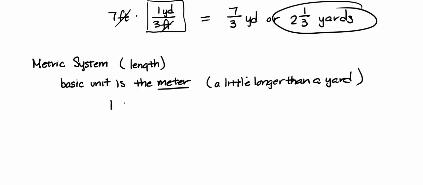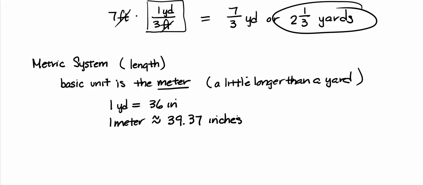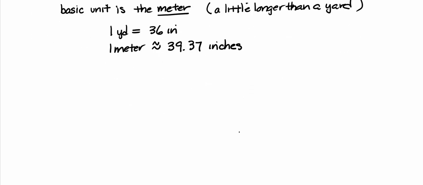And let's just say 1 yard is 36 inches, right? One meter is approximately 39.37 inches. Just to give you an idea, it's just a little bit longer. Okay,